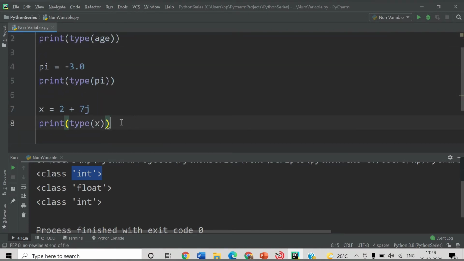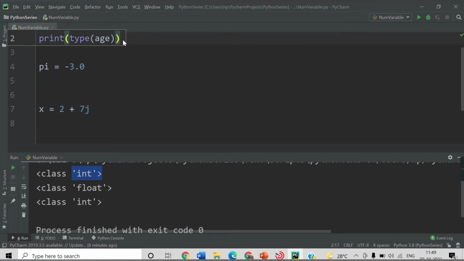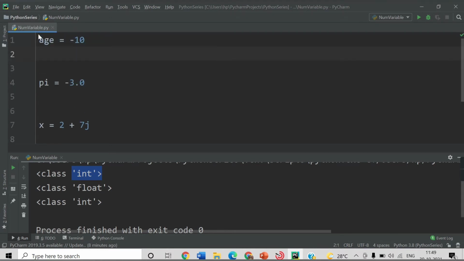So what I want to do now, I can convert the type. Let me show you that. I will remove this print for all these variables. Let's say you have these three variables, numeric, float and imaginary. Let's say I have the age variable. Now age is of integer type. I want to convert it to float.